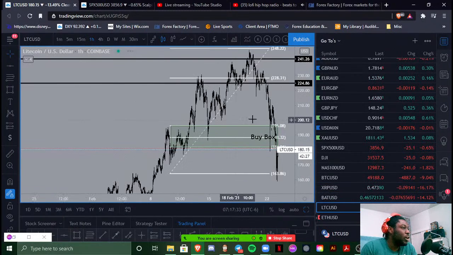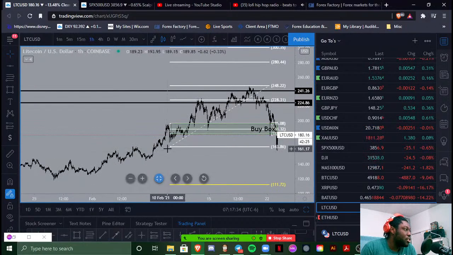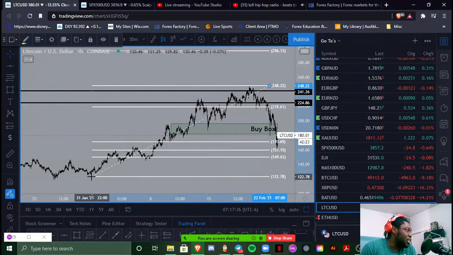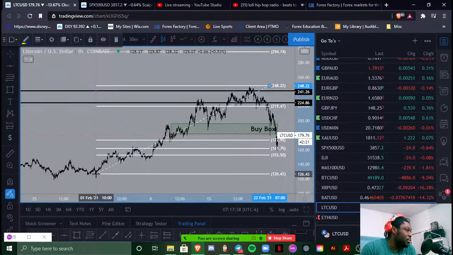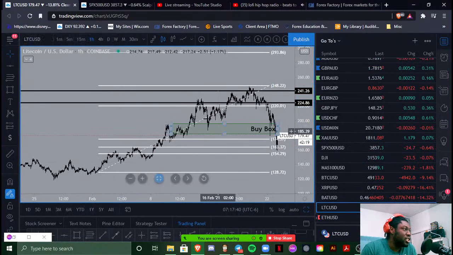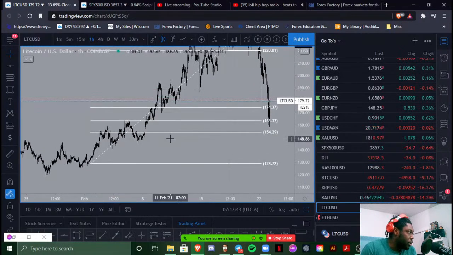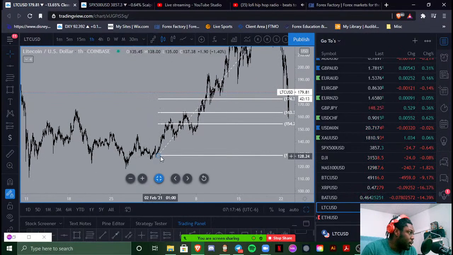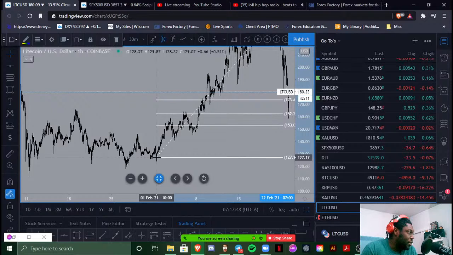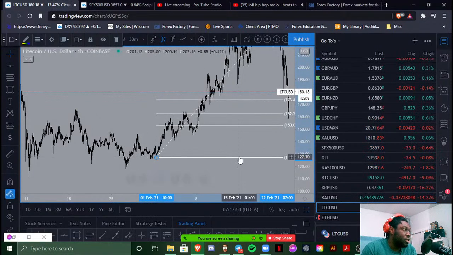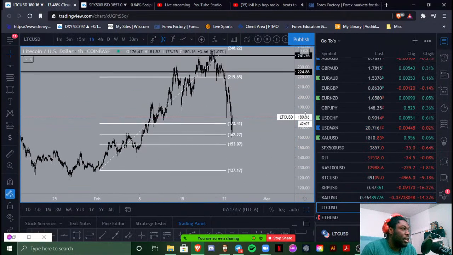And same thing with Litecoin. All these, they did the digital dash to the downside, but it's a correction in my personal opinion. Okay, let me get this buy box out of here. So where did this bullish move really start? I could say that it really started right here, where it made that dive and then it started really pushing up. Came to the 71%